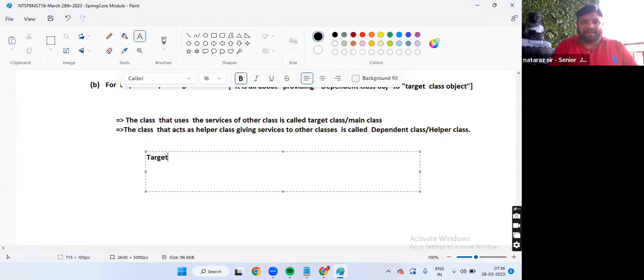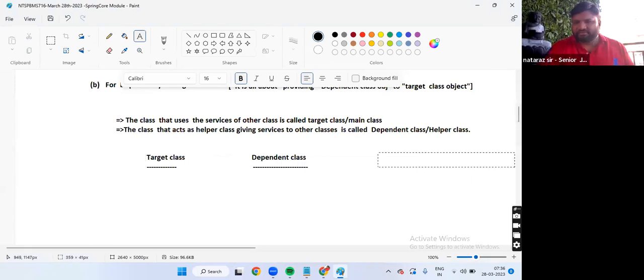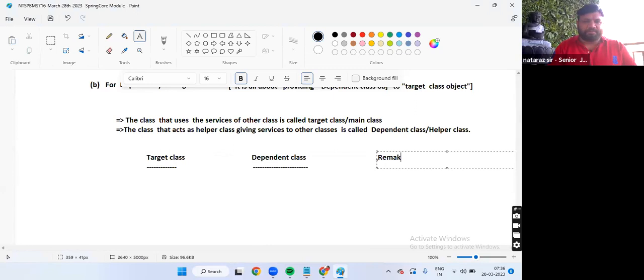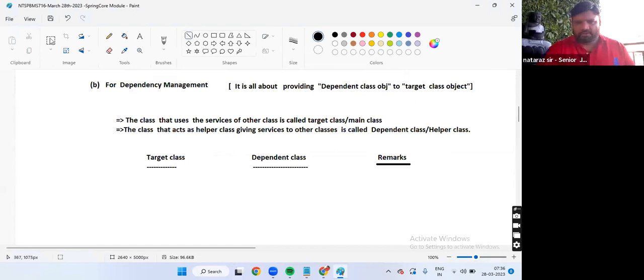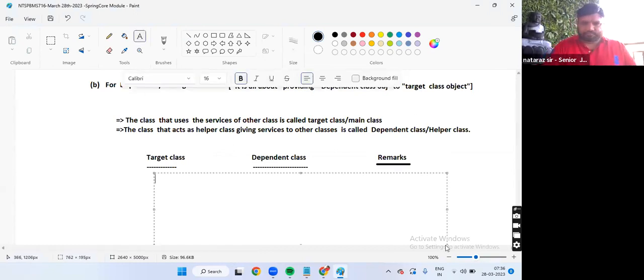Okay. Some example target classes and dependent classes. Target class, dependent class. Okay, here is remarks. Remarks. Is definitely explanation required or not? Remarks. Flipkart, TTDC.